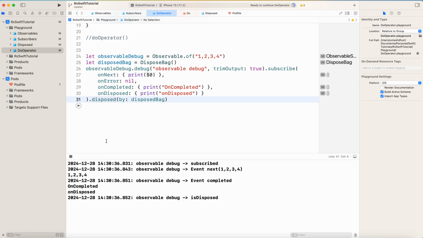So as you see here in the console, as each event occurs, the debug operator logs the lifecycle information. So this is coming from the debug, and this is coming from the subscribe. This is again coming from the debug. These two are coming from the subscribe, and again this is coming from the debug function. So the subscribe block prints each emitted value in on next, prints on completed when the observable completes, and prints on dispose when the subscription is disposed of. The subscription is managed by the dispose bag, ensuring that it's properly disposed of